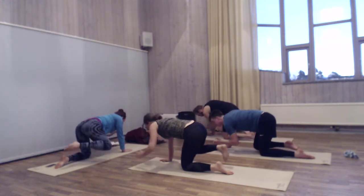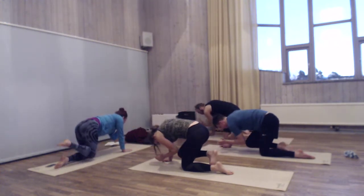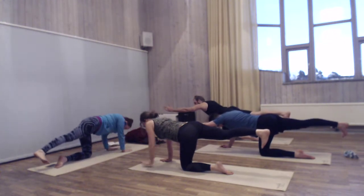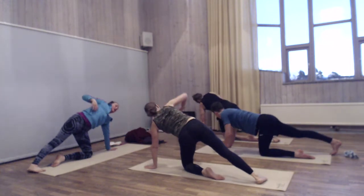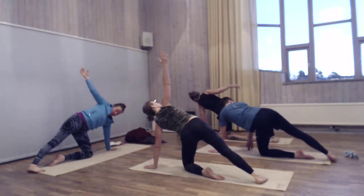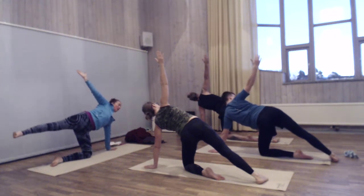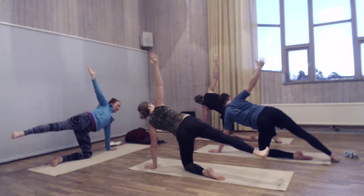One more time. Inhale, open up. Exhale, touch your elbow and knee. And inhale, stretch your limbs long. And bring your left hand underneath your shoulder and spin your right foot behind your left toes, lift your right arm up, and then see if you can balance on your shin and shift your weight so you can float